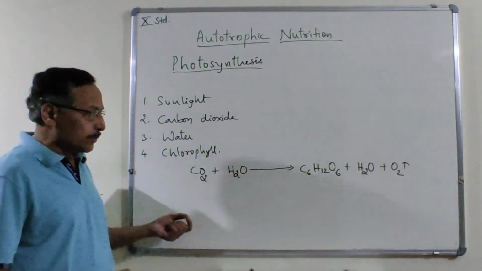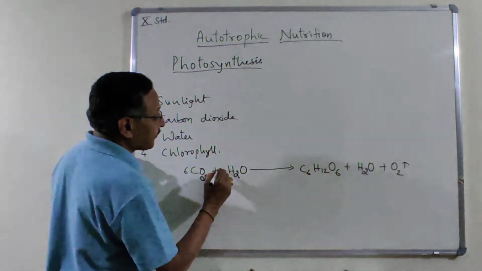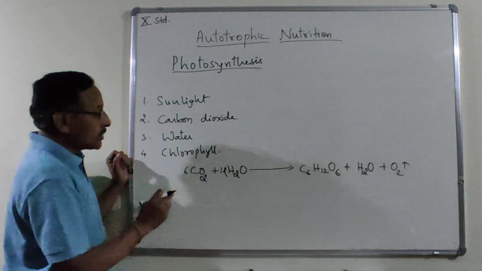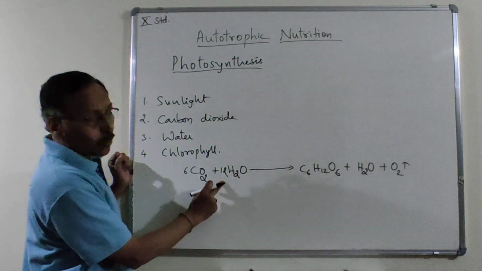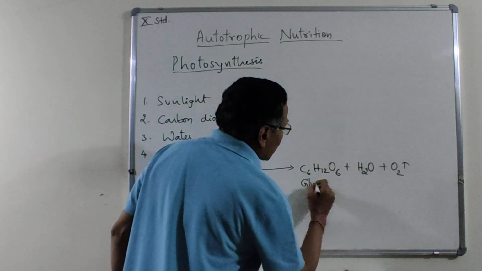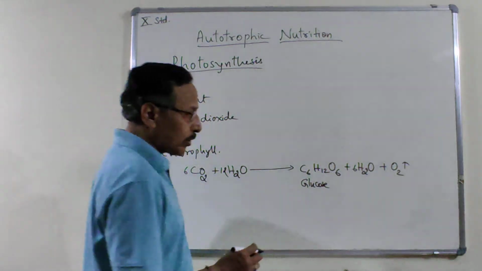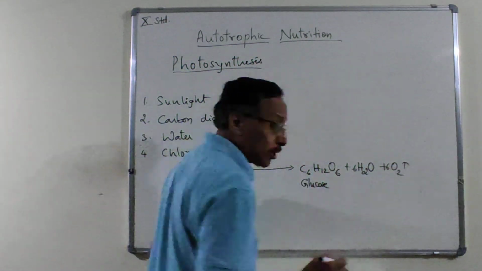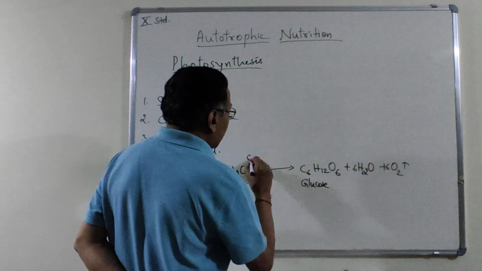This is a very simple chemical equation wherein 6 molecules of carbon dioxide combine with 12 molecules of water to form 1 molecule of glucose, liberating 6 molecules of water and 6 molecules of oxygen in the presence of